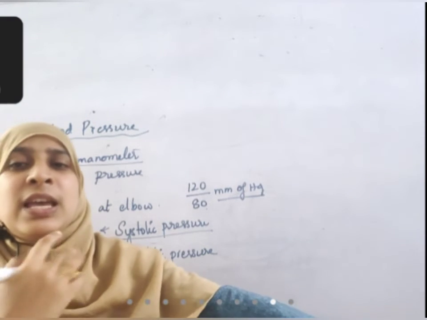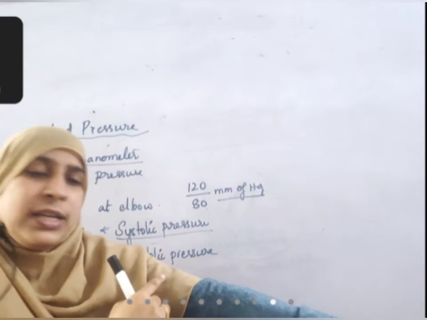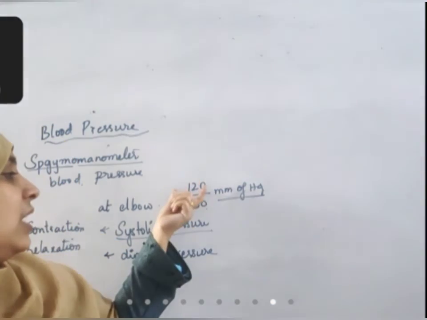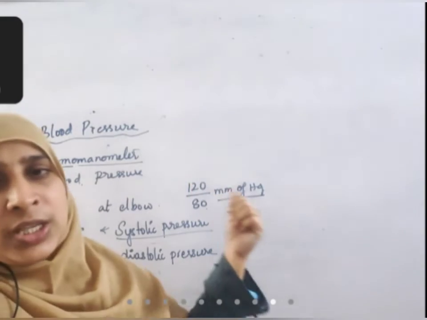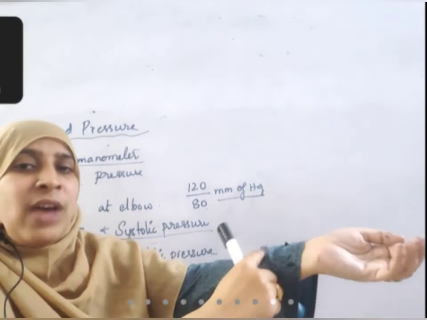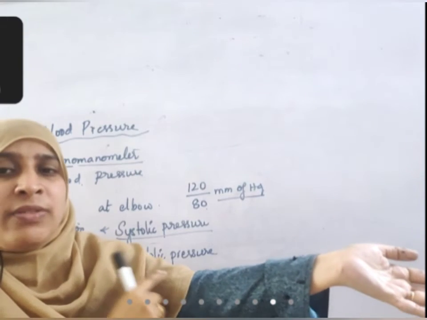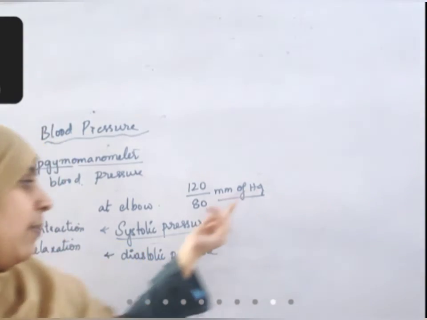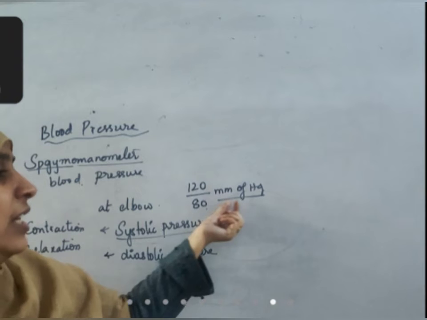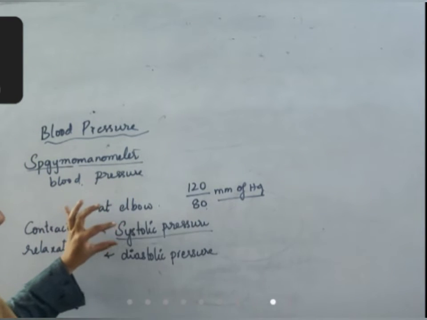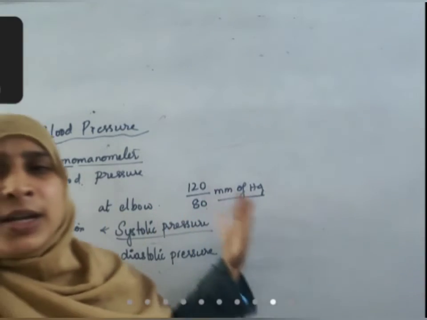When the heart pumps the blood directly, it enters into the artery. At that time, blood pressure is very high, that is 120 mm of Hg. And when the blood is traveling in the entire hand and coming back through veins, the vein present here measures a blood pressure of 80 mm of Hg. So this is the pressure when contraction happens and blood immediately enters into arteries.